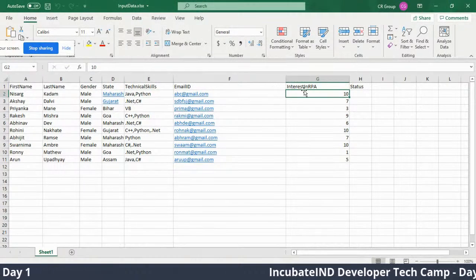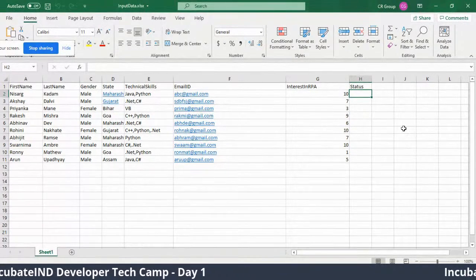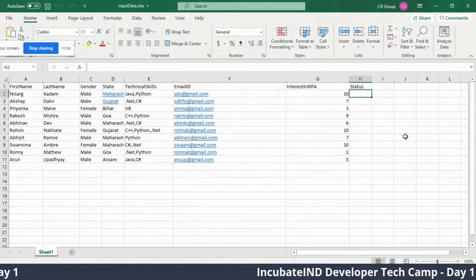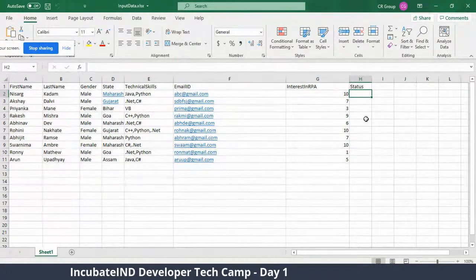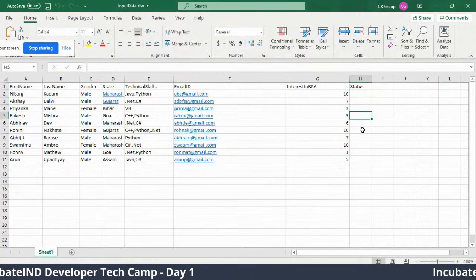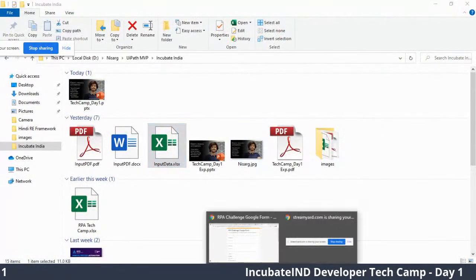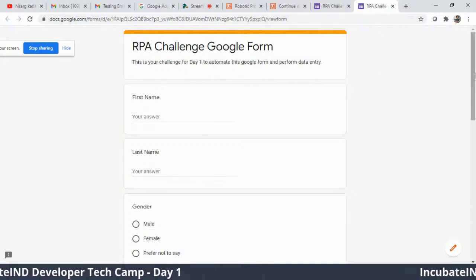Now, once you perform the data entry, you have to update the status as completed. Here you are going to use a combination of Excel automation and UI automation, where you're going to perform the data entry, which is going to be very simple, and our mentors are also going to guide you through that. Once you complete the data entry, you have to update the status as completed. And the most interesting part is, once you update all the 10 rows of data in the Google form one by one, because you will also have a submit another response option available,